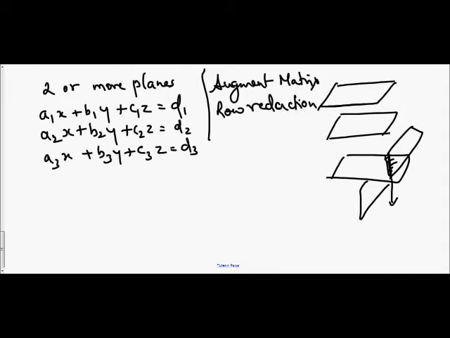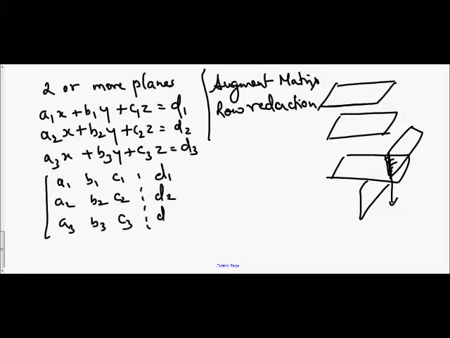Okay, these two are very important. Though you can use GDC, there are certain cases where you cannot use GDC because some of these numbers would not be given and you need to find them, for which you need to do row reduction manually. So the augmented matrix for this would be A1 B1 C1, A2 B2 C2, A3 B3 C3, and you do this. Please go back to the matrix chapter if you are not thorough with this. Okay, and then you need to do the row reduction, and you need to simplify to this format,